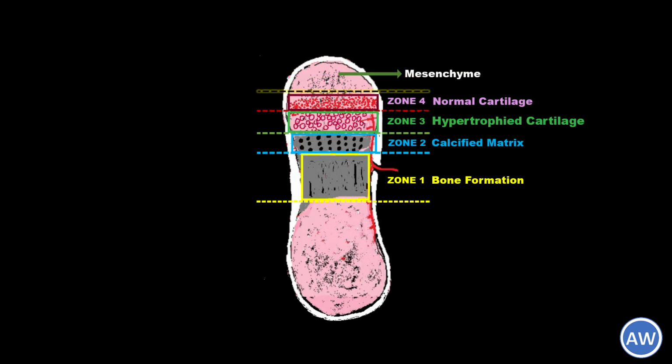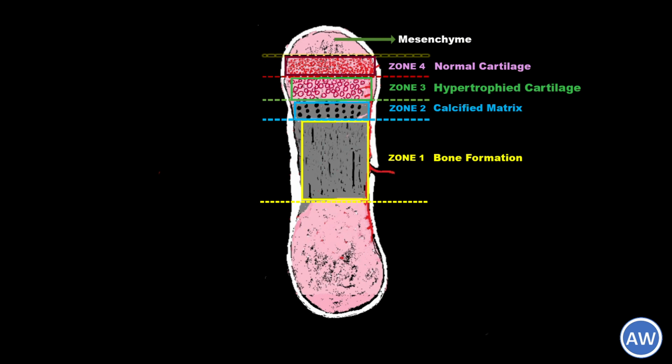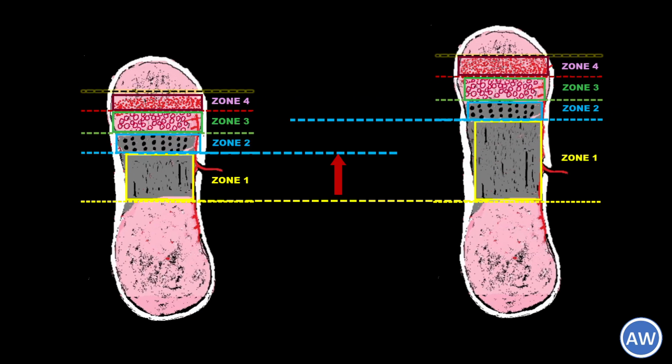This process will continue until the whole of the mesenchymal framework is transformed into cartilage and then replaced by bone. But a thin plate of epiphyseal cartilage will remain behind until the epiphysis and the diaphysis fuse, leaving behind an epiphyseal line. To understand more about epiphysis, diaphysis, epiphyseal plate of cartilage and the epiphyseal line, you can refer to our previous video. If we keep two separate phases of the bone growth side by side and compare the zones with each other, we can easily understand how the bone is growing and how different zones are transforming into the adjacent zones.